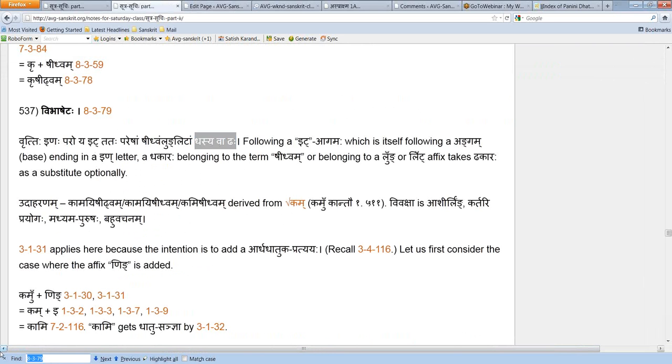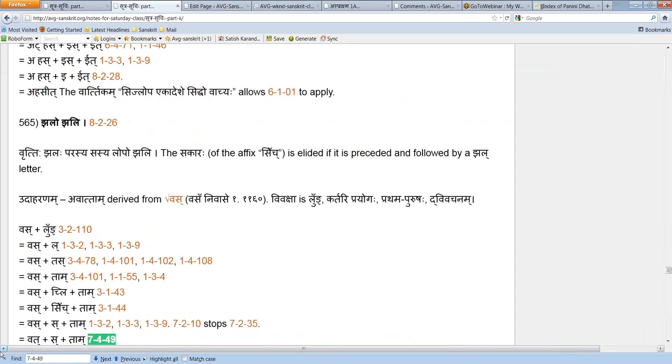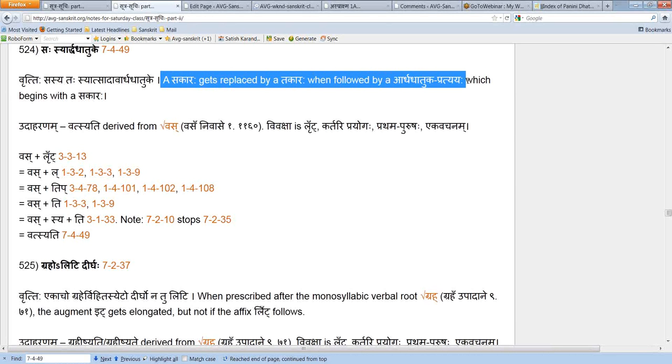If you have a Sakara at the end of an Anga, which is followed by the Sakara of an Ardhadhatuka Pratyaya, then that prior Sakara takes the Takara Adesha. So: Sasya Tasyat, Sada Vardhadhatuke. So the Sakara of an Anga is replaced by Takara when followed by a Pratyaya which is the Sanjna of Ardhadhatuka,